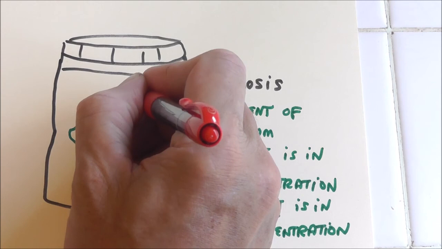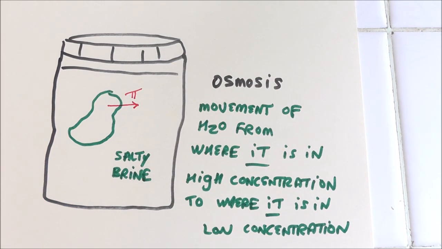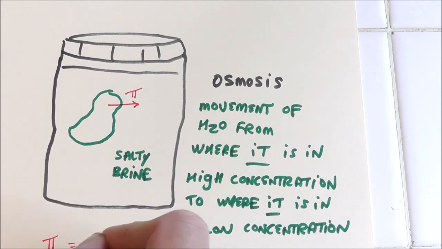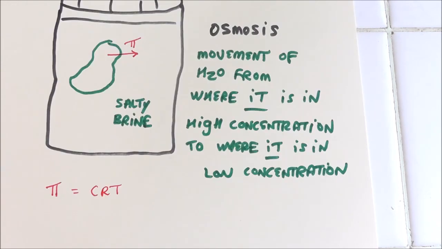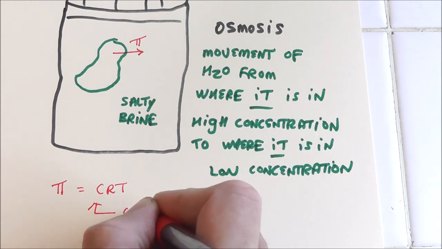And the pressure here has a symbol called pi. If you were to measure that pressure, it is proportional to the concentration times a constant. Just like freezing point depression,